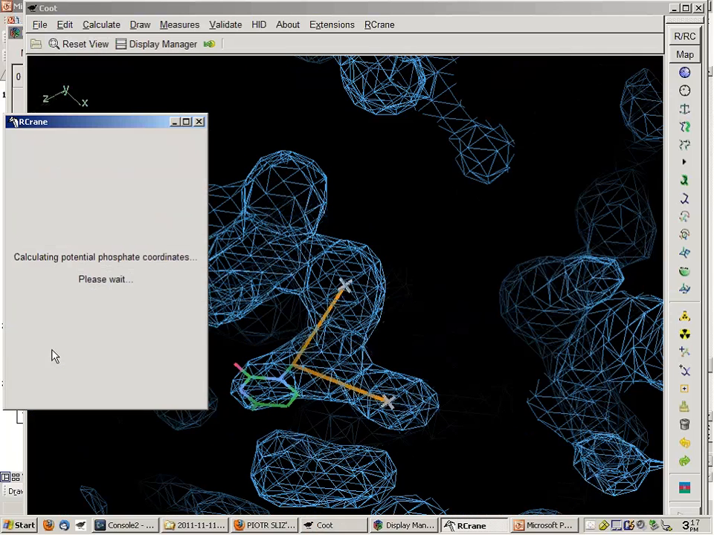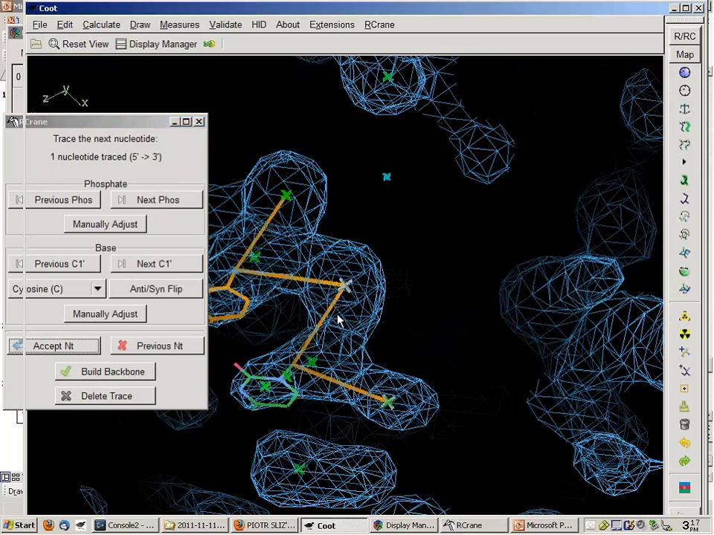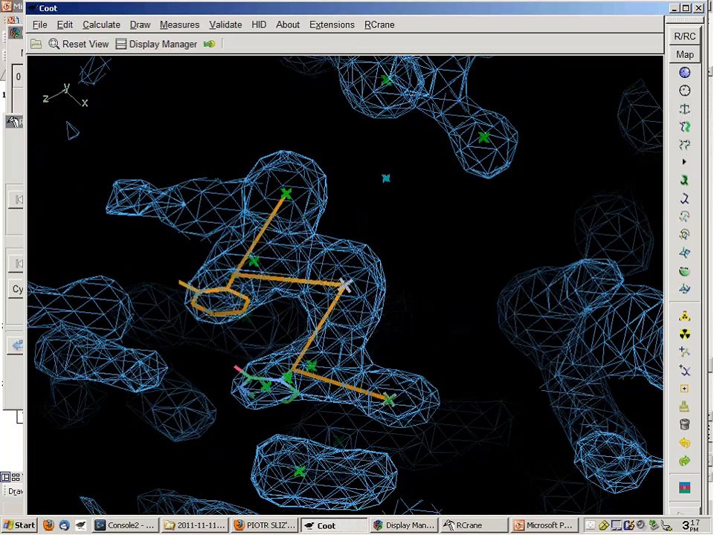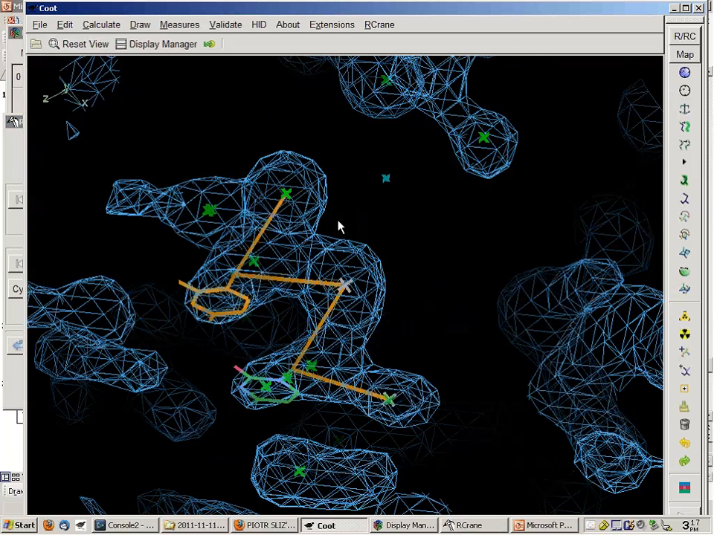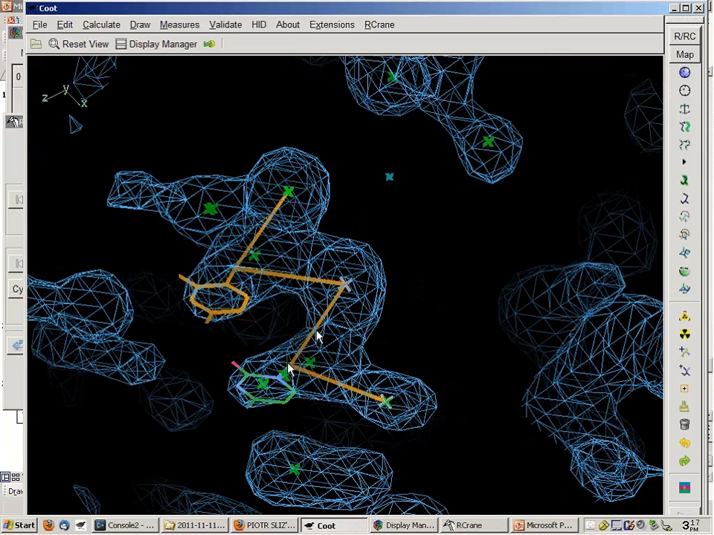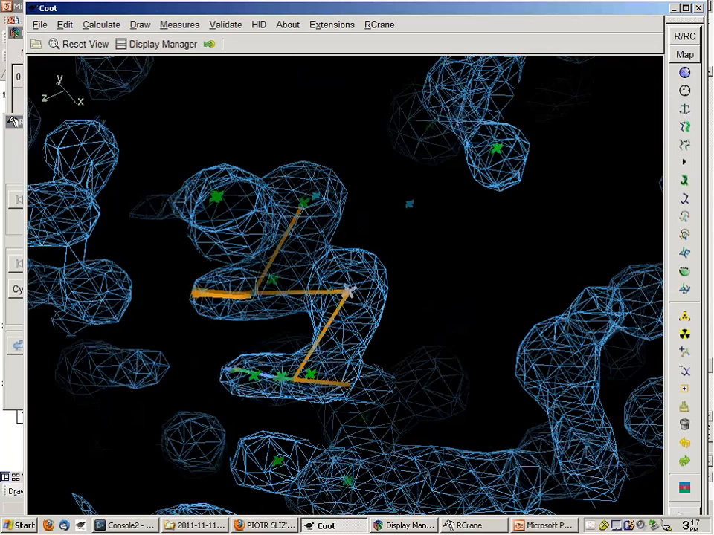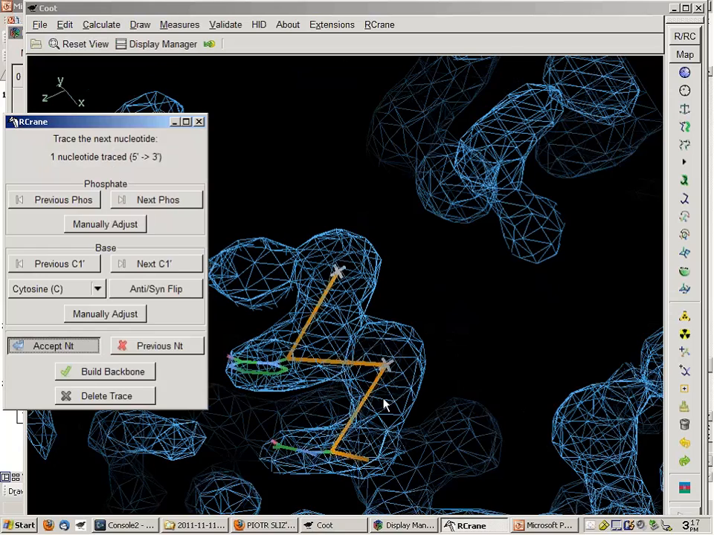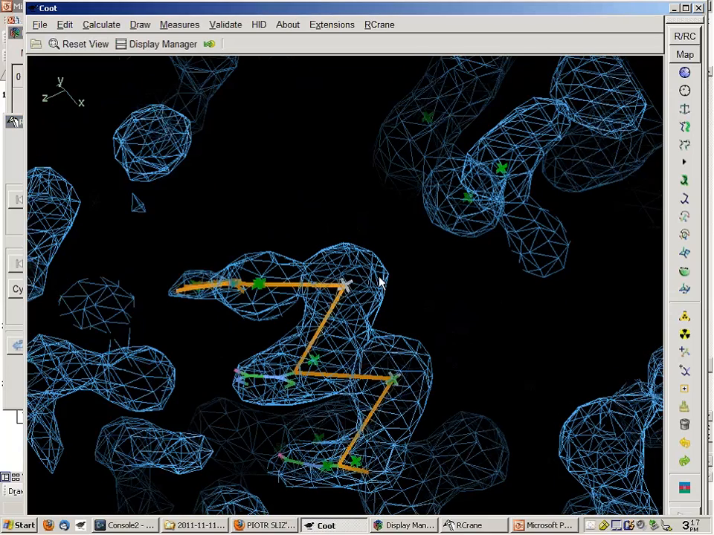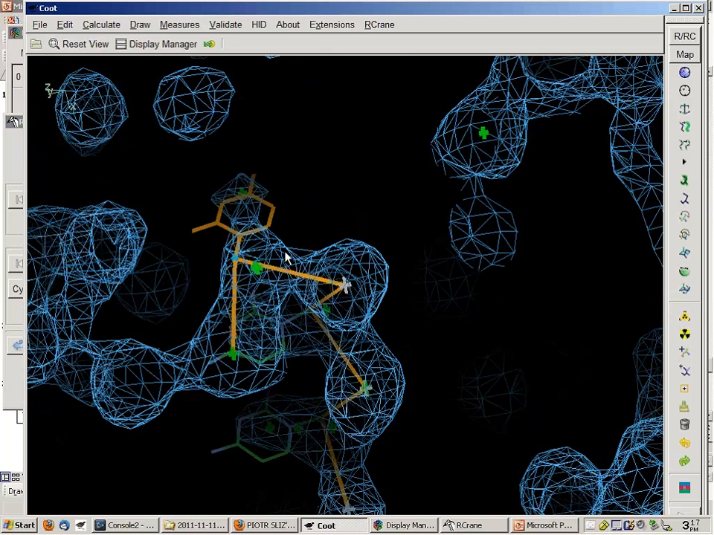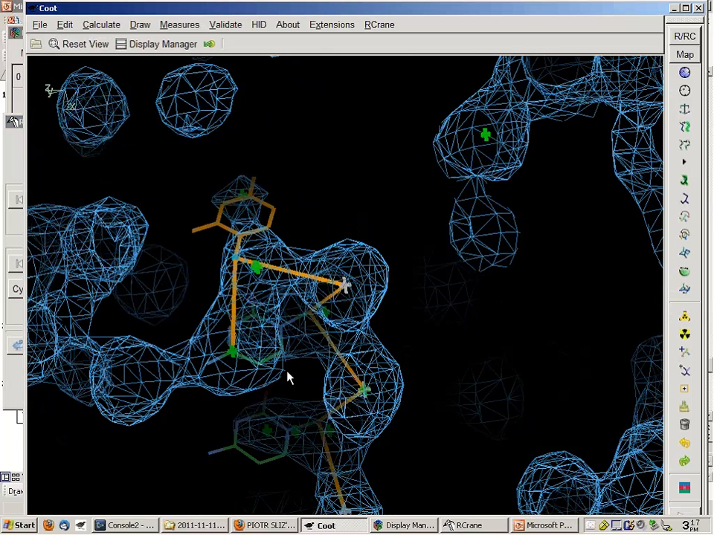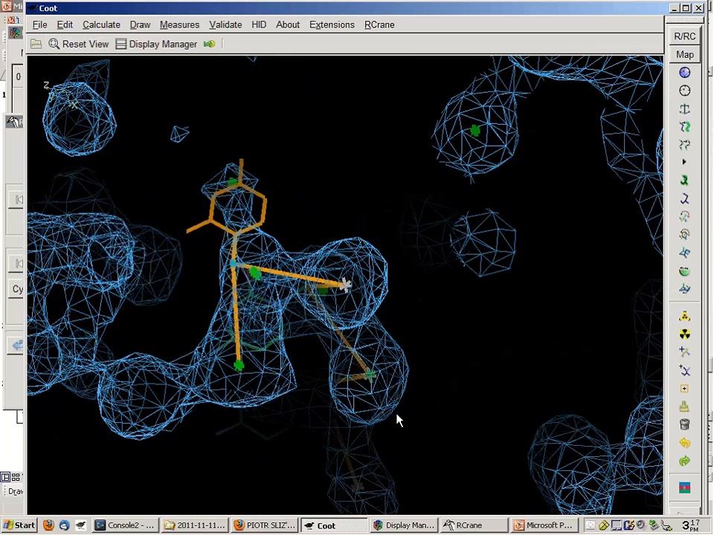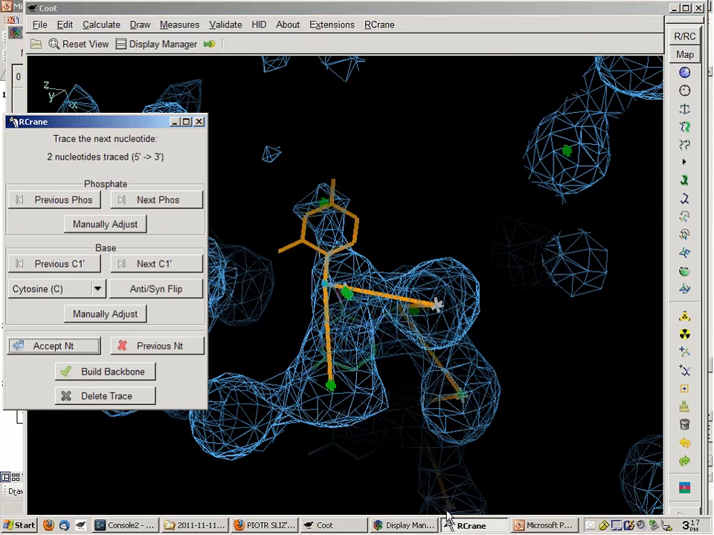Now RCrane is going to try to build the next nucleotide, and now it has some direction information to go on, and knows it should be building in this general direction. So you can see it's placed the next nucleotide right about where I was talking about before. So we're going this way with the chain. So that looks pretty good to me. I can click accept that nucleotide. Now it's going to try to build in the next one. You can see the density has sort of gone around a corner here, but RCrane has managed to build the next base in correctly. So I could click accept nucleotide, but just to show you some other features that are